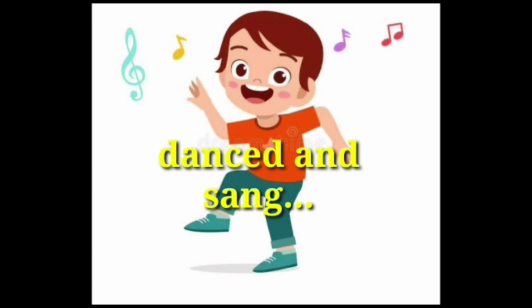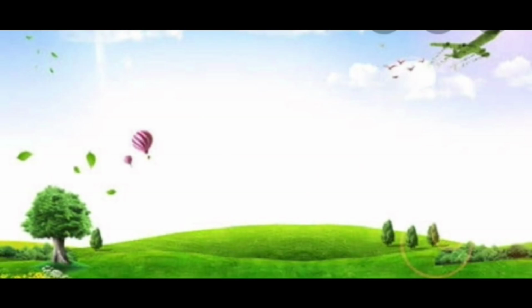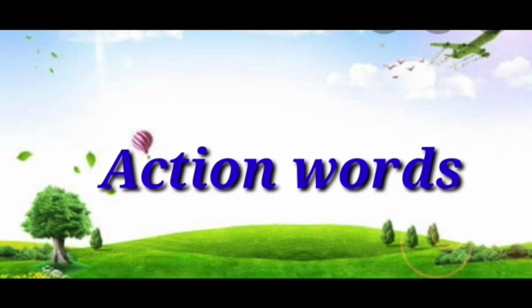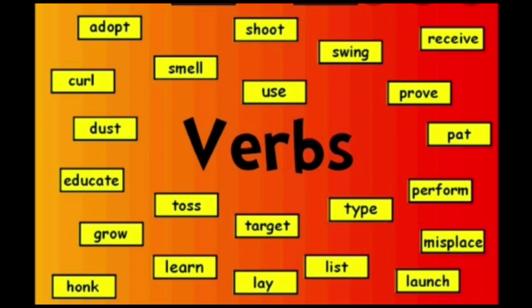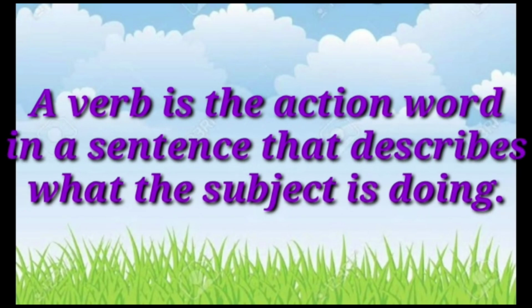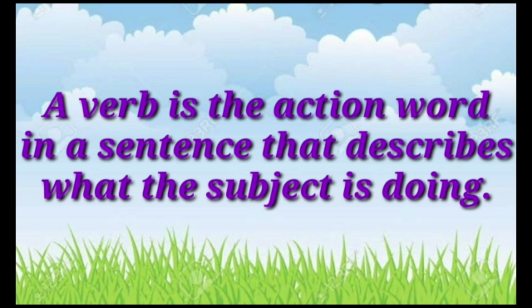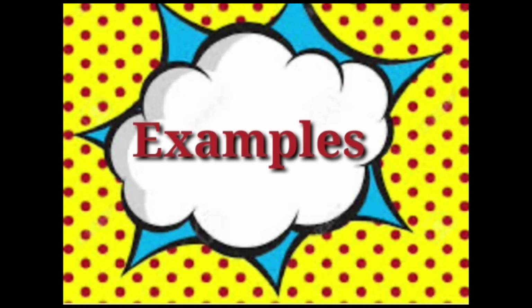So in our today's video, we are going to learn about action words. Action words, which are also known as verbs. Now, let's see what is a verb. A verb is the action word in a sentence that describes what the subject is doing. That means a word in the sentence that tells us what work is being done is called a verb. Some examples of verbs are